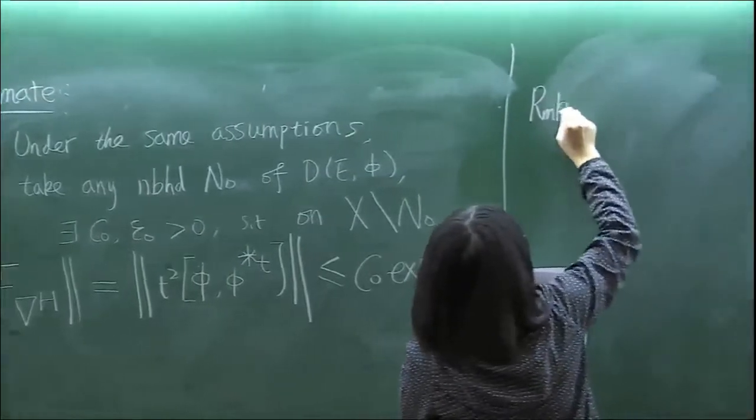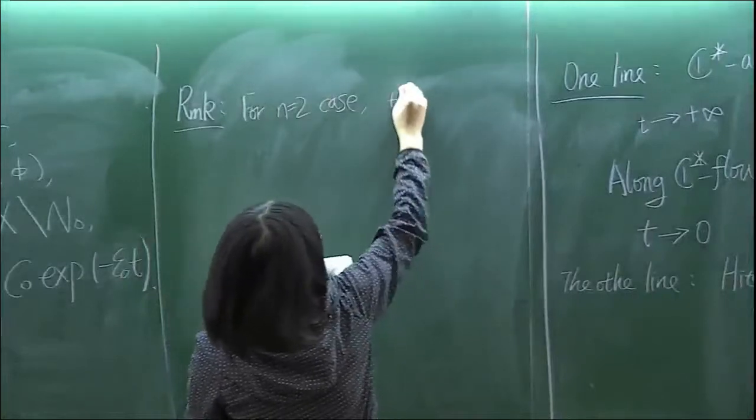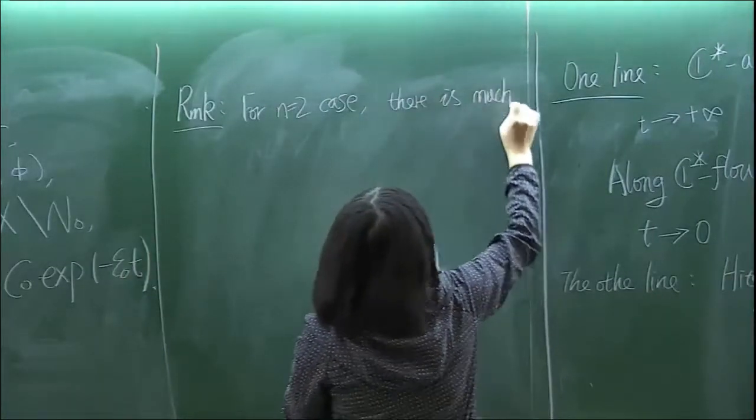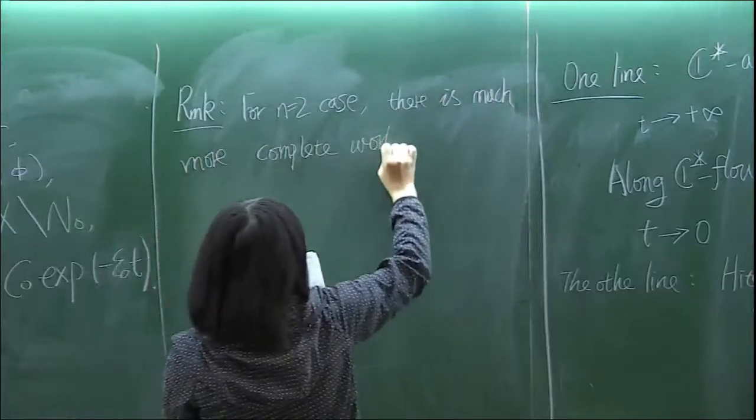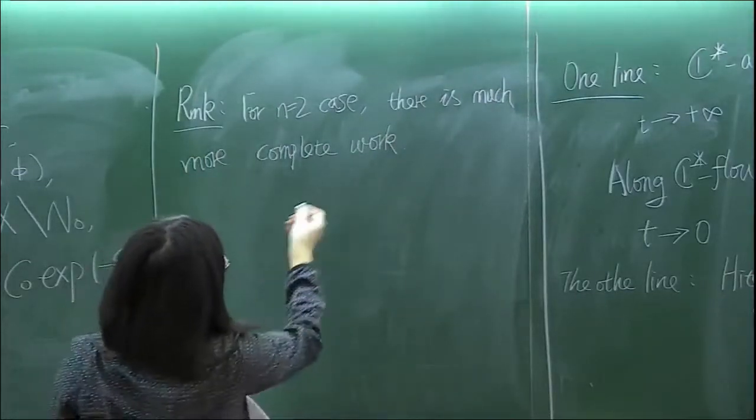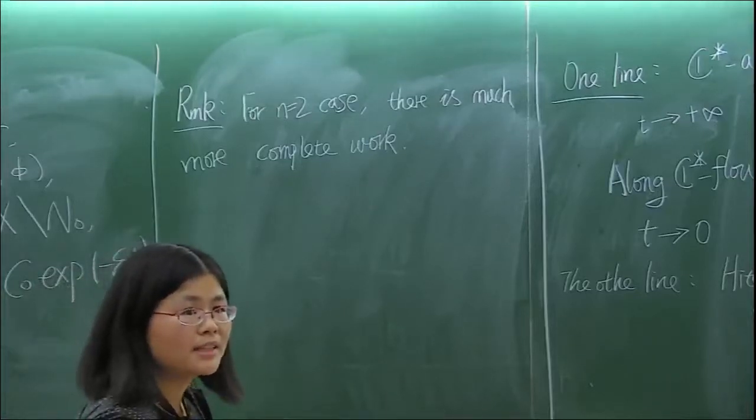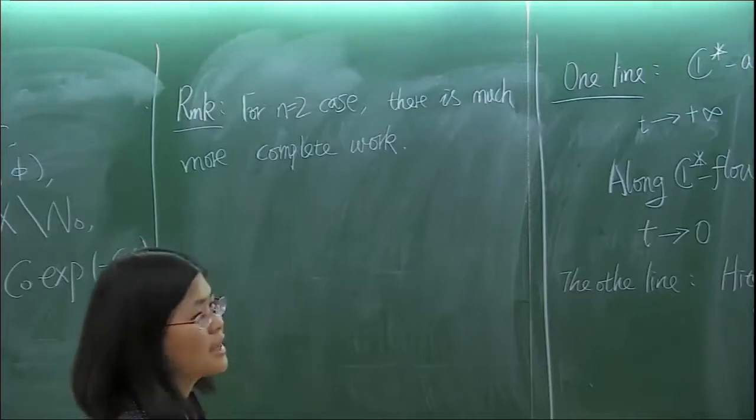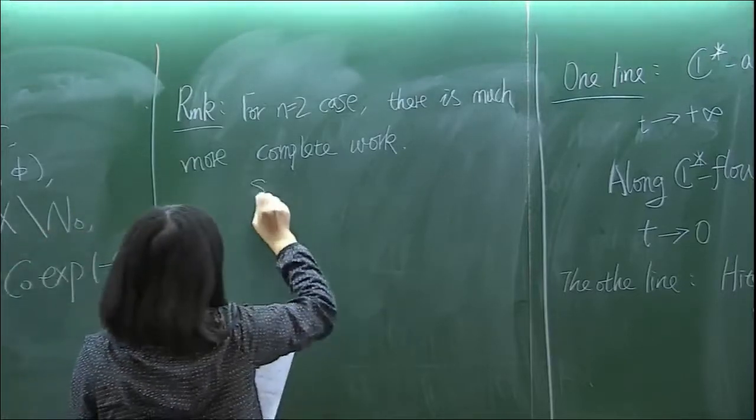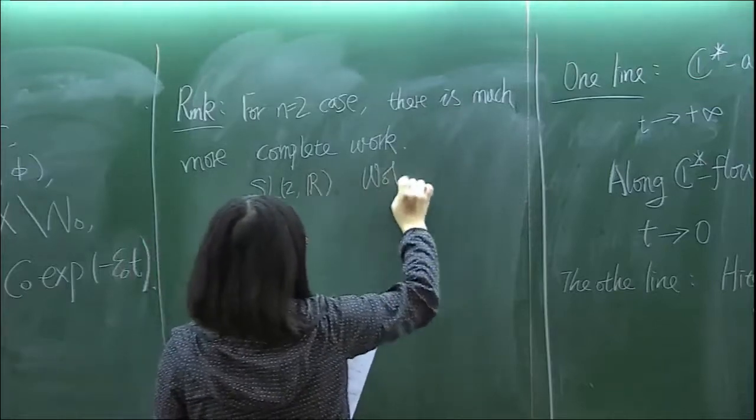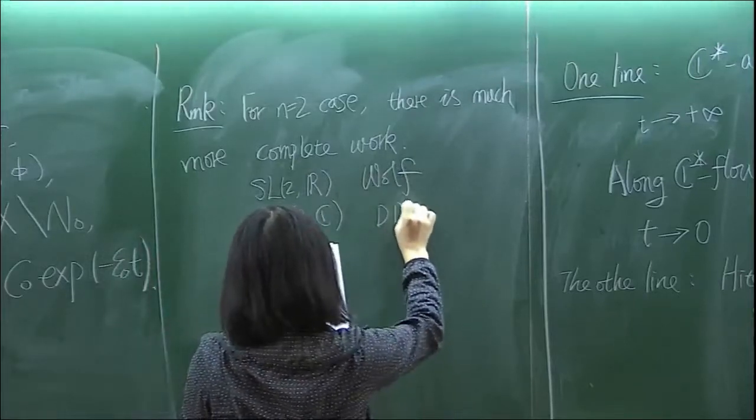So the remark is, for the n equal to 2 case, there is much more complete work. In that case, we don't need to give a restriction as a non-critical path. We can talk about any path, and then talk about the distance of the image of harmonic maps. So this is first by Wolf for SL2R, and SL2C is by Loftin